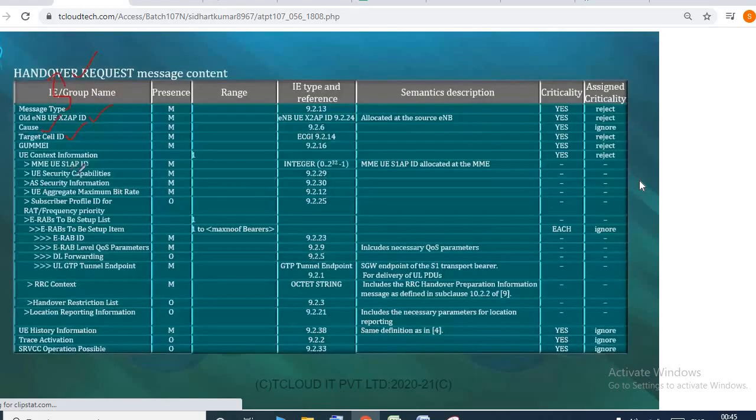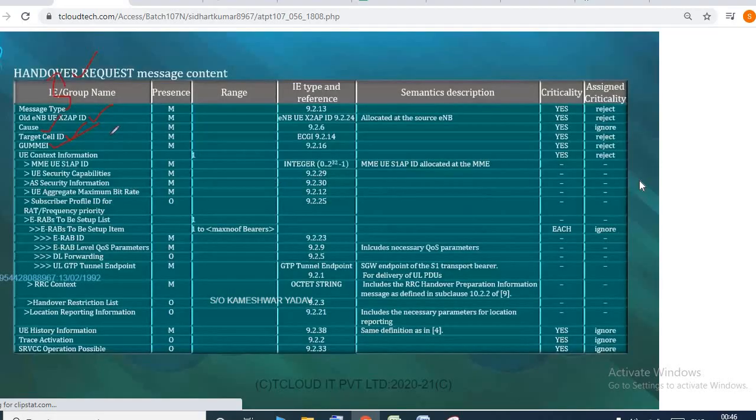And this mobile, because it is already in connected state, would have already been in registered state with an MME. With which MME the mobile is registered, so the MME related information. Why we have to send this MME related information is, after the handover is completed, once the mobile arrives into the target node B, it must talk to the MME and explain the situation about the handover that occurred, and explain to him that, hey man, one of the mobiles who was with old node B has now come into my